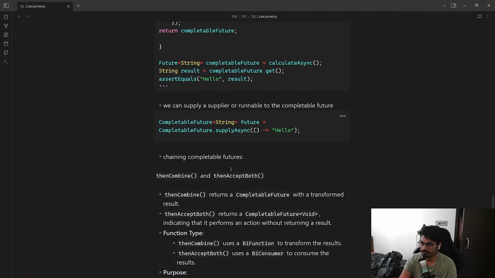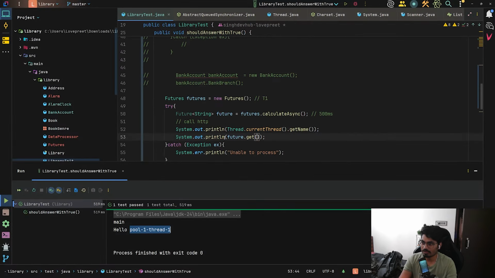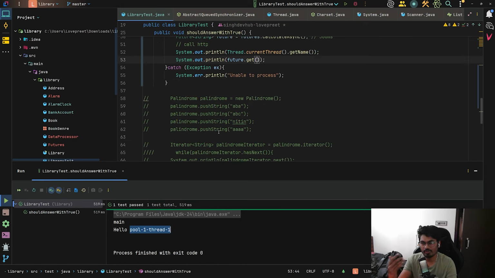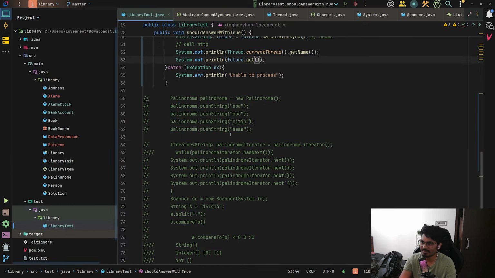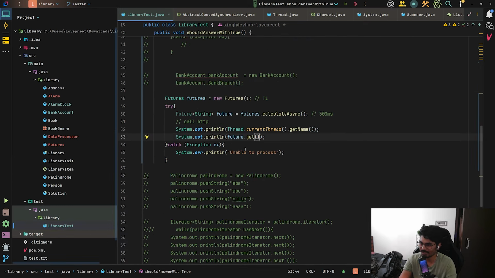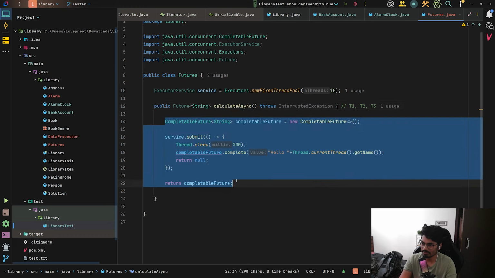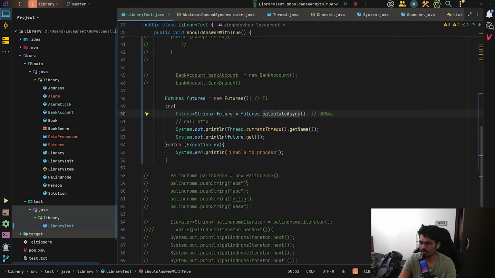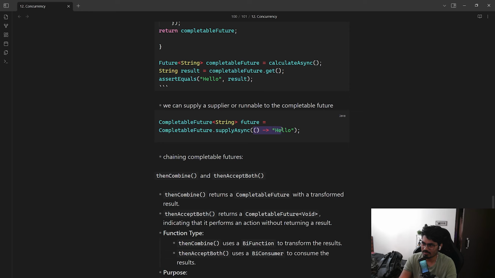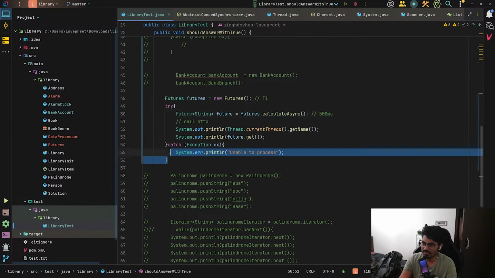Let's go ahead. We can supply a supplier or runnable to the completable future also. See, so here what you have done. So now we'll talk about syntax, right? Which is the most common thing that most of the people on YouTube talk about. But anyways, here we have used one function which is returning us a future, right? But you can do one more thing, which is you can use lambda function also, right? The functional interface we have not covered, but these are lambda functions. So here they are doing one thing,